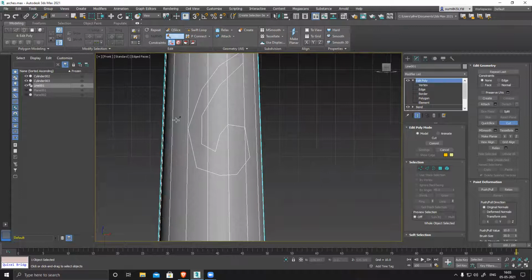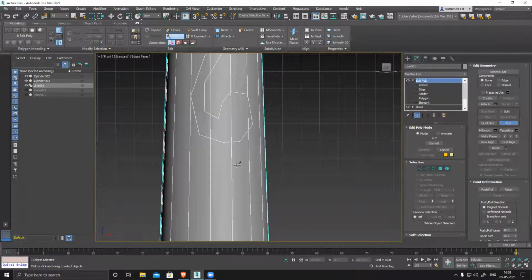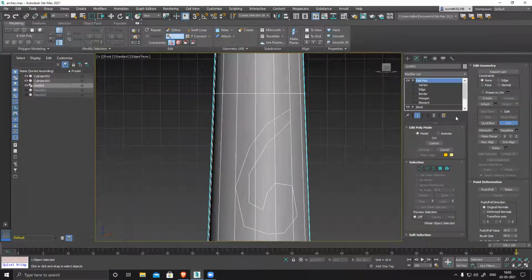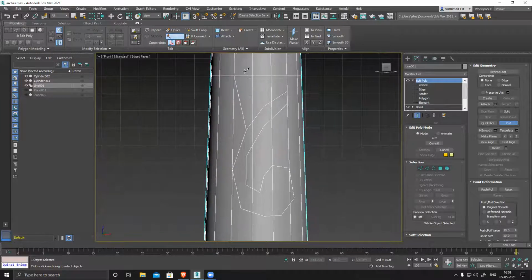It creates an open-edged shape, and then I can connect the rest of the part either with the cut tool itself, or I can use connect and connect everything. I'll connect this, and now I have this entire polygon shape.